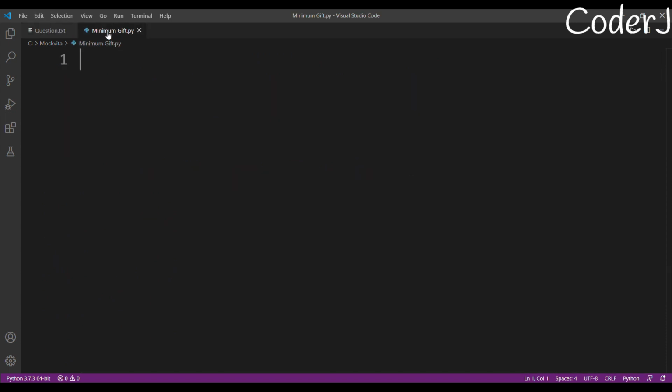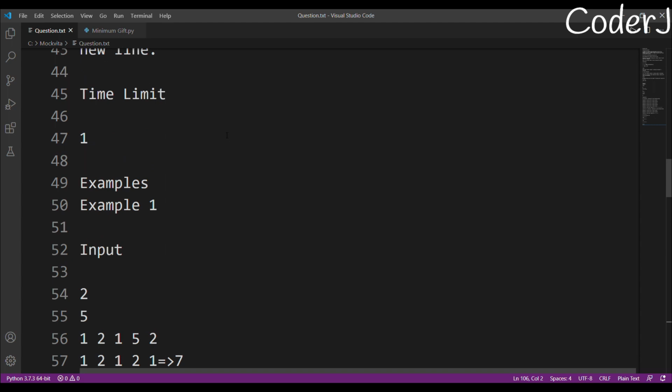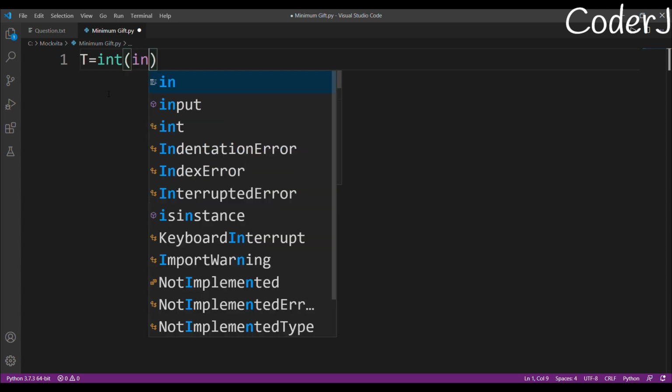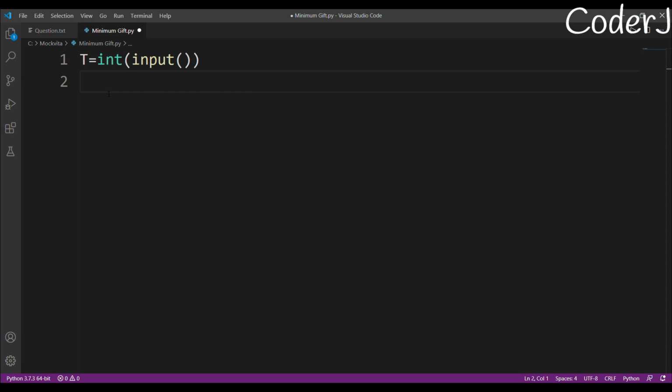Just give me a second. Okay, I hope you have gotten the approach, but don't worry, I'll tell it again. The first thing that we have is the test cases. We have the number of different test cases, and by the way, the order of the approach that we are using is order n, right?